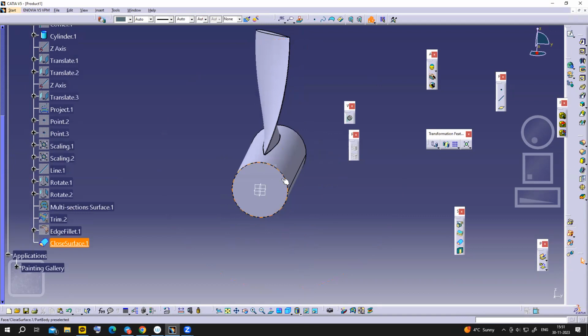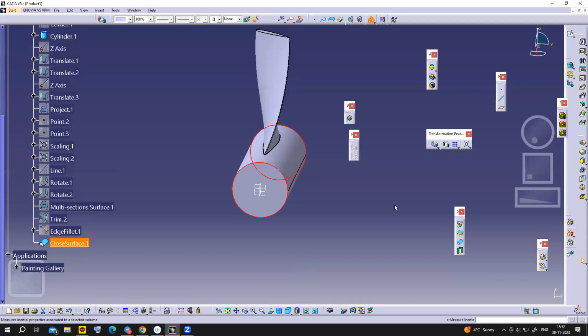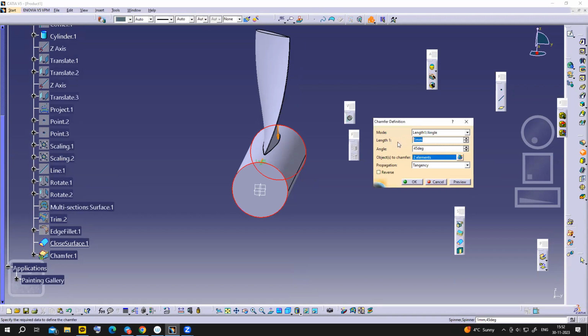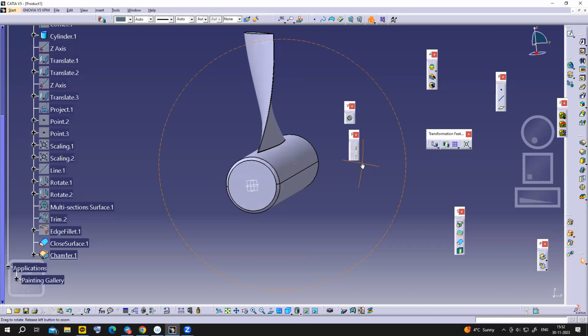And now, yeah, trim, chamfer. You can use chamfer. Here C5, right? 5.5 is there, right? Actually, that is C5. There is some typo. So chamfer 5 mm. Okay, chamfer 5 mm, and